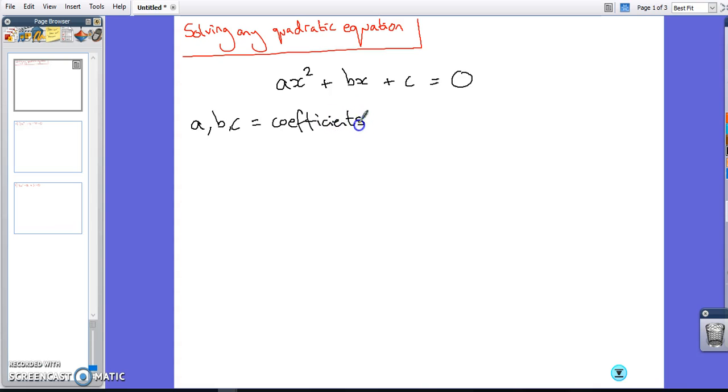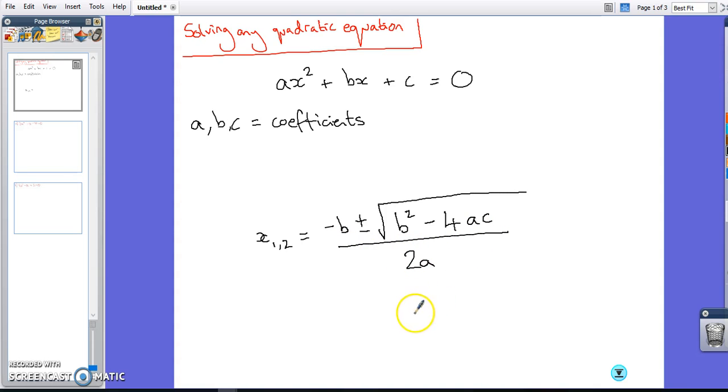And you should also remember that a, b, and c are the coefficients of the equation. This formula that I'm going to give you uses these coefficients to find us a solution for this equation, or if there's no solution, it will show us that there is no solution. So, the formula is x1 and 2, so both of them are given by minus b plus or minus, which is where we get our two solutions from, the square root of b squared minus 4ac